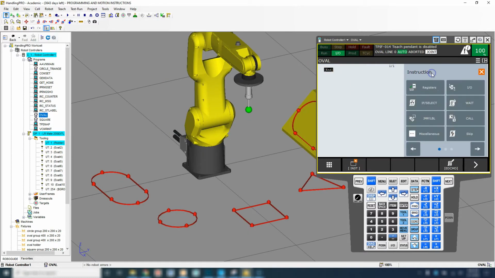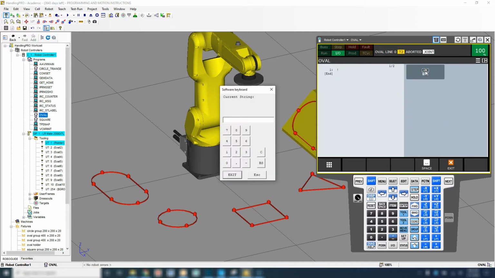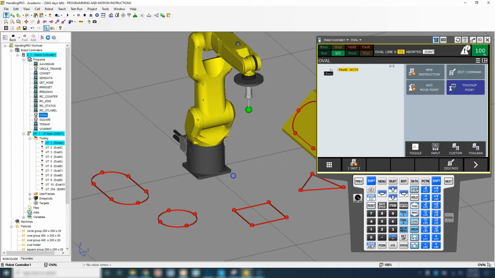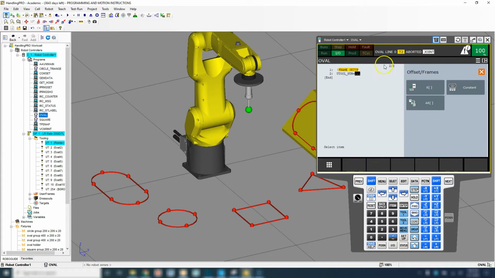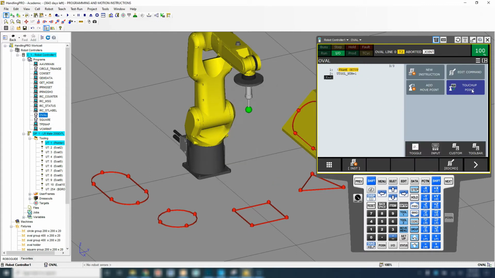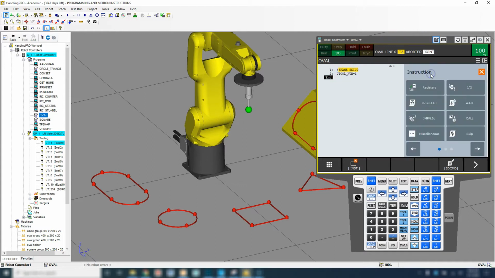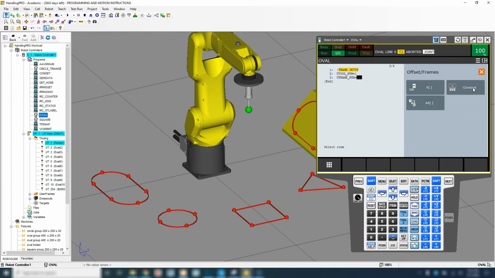So let's go new instruction, miscellaneous, remark, and let's click here, and this is going to be our frame setup. And let's set up our frames. So let's go new instruction, offset frames. Tool frame usually comes first, and I'm going to use the pointer, which is number 1. And then I'm going to go new instruction, offset frames, and we're going to use user frame number 1 as well,